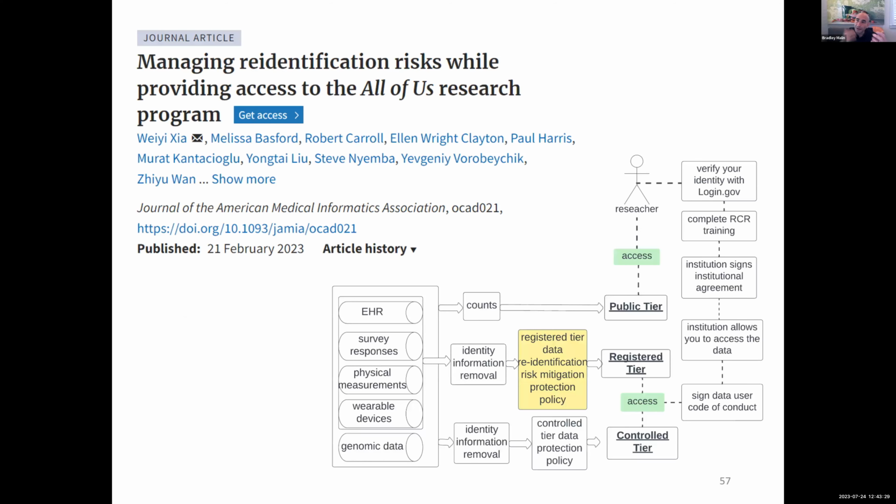So this is the type of mindset that we used as we were building all of us. And the details of what we've done is in this paper. We basically said, we know that we have to make some assumptions about an adversary. And so instead of just trying to push the data to the maximum limit of what we could share under these frameworks, we said, there is a chance that our estimate of adversarial capability could be off. And so we basically increased our expected capabilities of the adversary. We made them much more powerful than what we expect to happen in the real world.